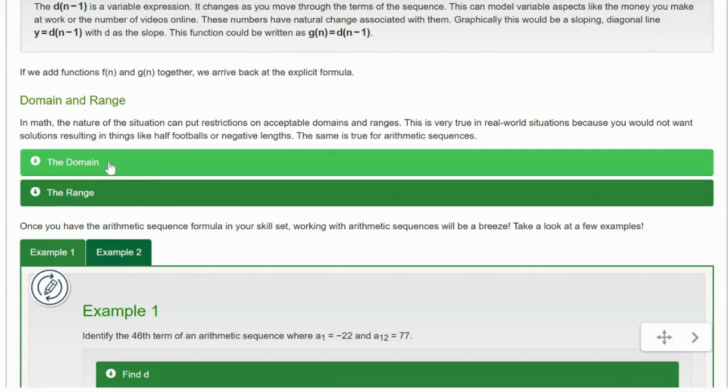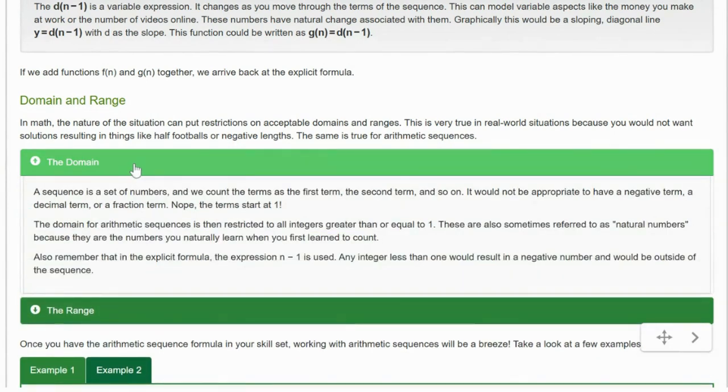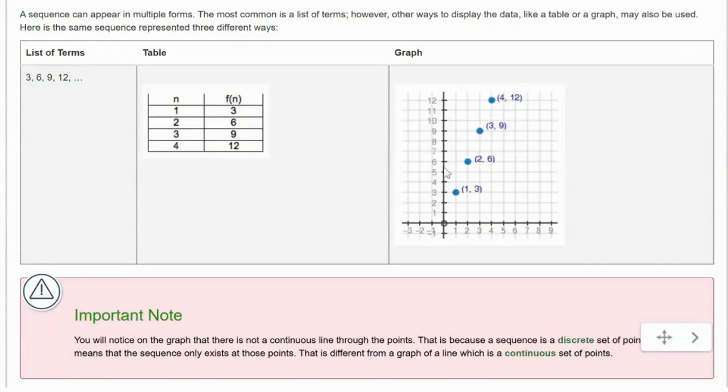We're going to talk a little bit about domain and range because we always talk about that in math, right? The domain is the x's. If you think about it, if you graph this, let's go back to thinking about that graph of those numbers we saw back on this page. Let's go back to page 2 and look at this graph. The domain is all the possible x's for any sequence, and the range is the possible y's. So for any given sequence, if we turned it into a graph instead of just a list of numbers, think about